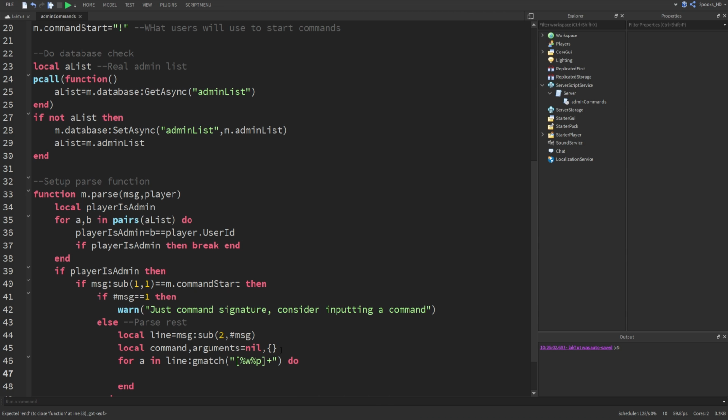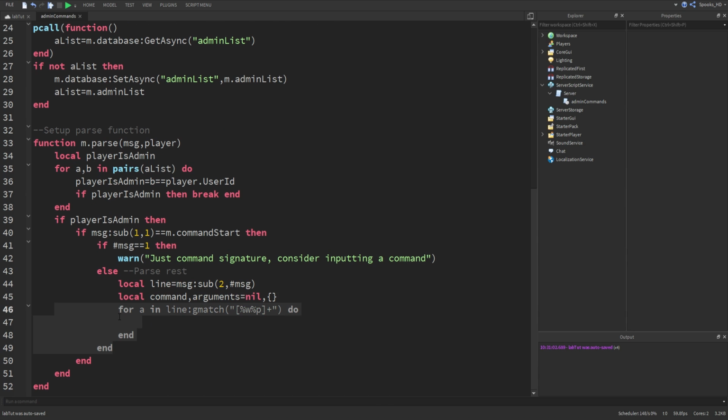So once we do, then we go ahead and create the loop. So we're going to loop through that. And if command is equal to nil, then command is equal to a, which basically means print would be the command there. So if we have print hello, something like that, print would be the command. Else table.insert arguments a